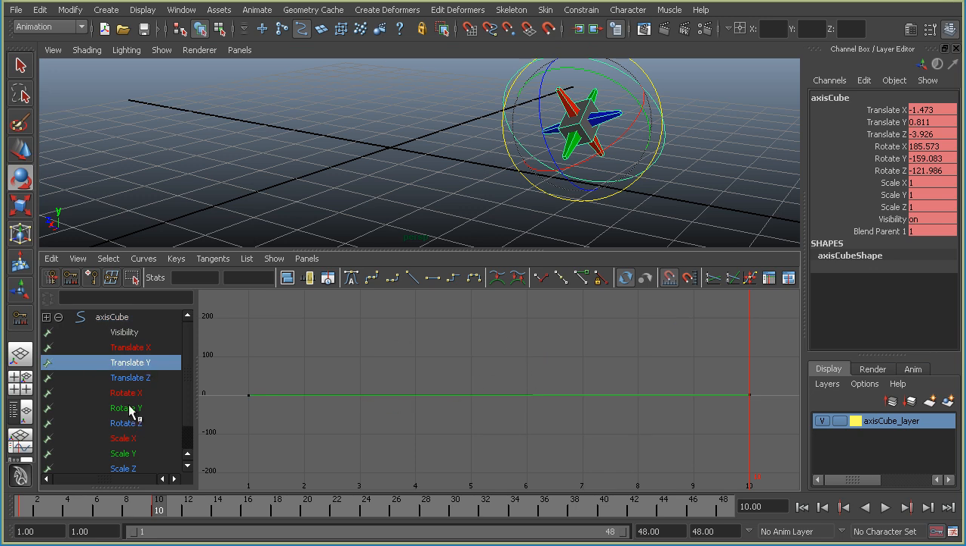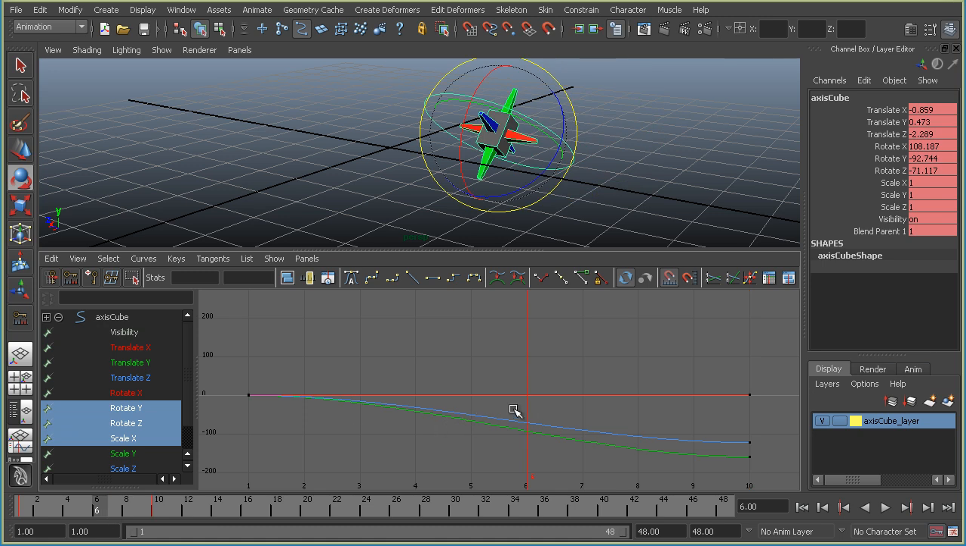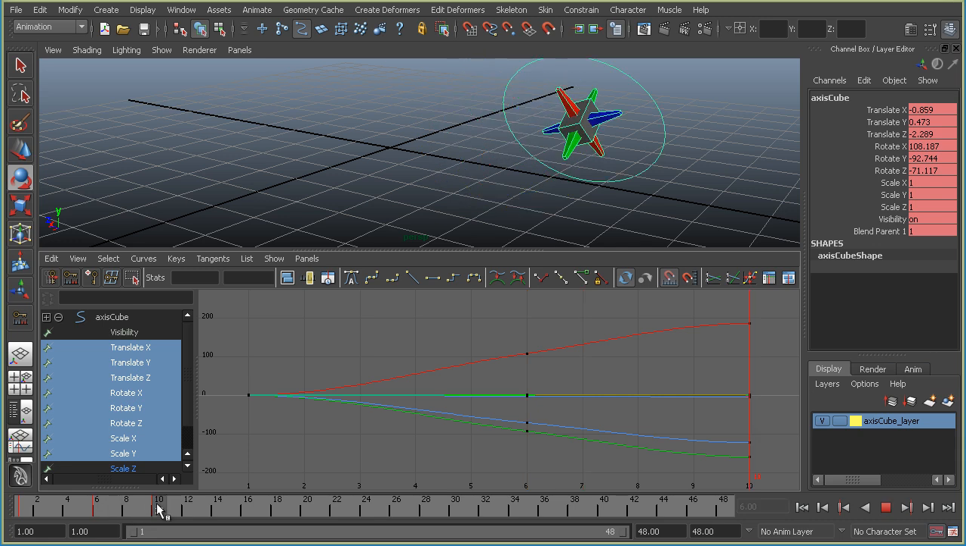And if you just have one or a few selected, and if you set a key, it'll show up here on the ones you have selected, but be careful because it's also going to set a key on everything else that wasn't visible at the time. And if you actually just want to set a key on one curve or a couple of curves, you can